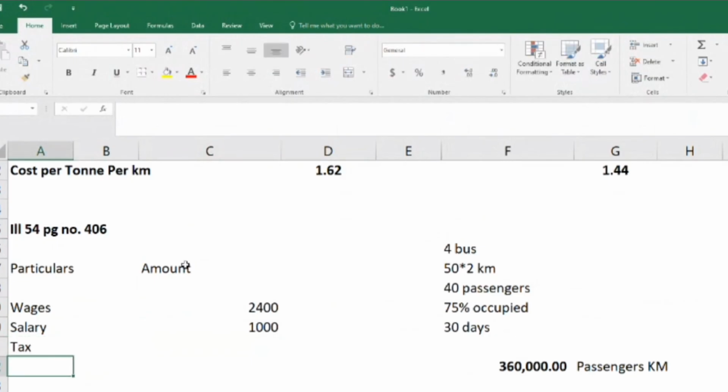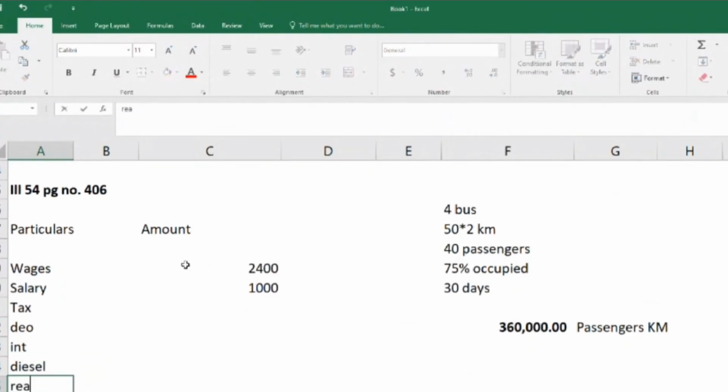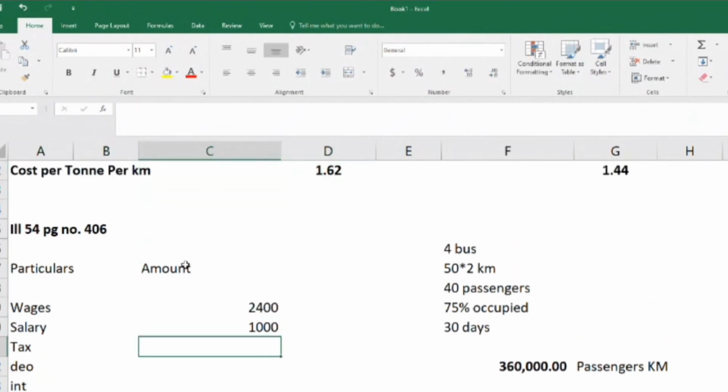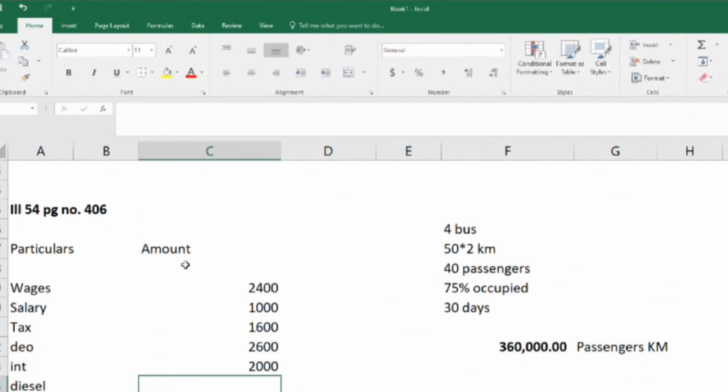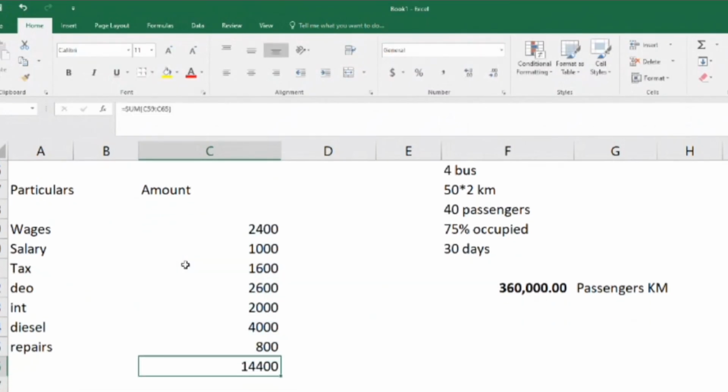Tax, depreciation, interest, diesel, repairs. Okay, so when we put all the amounts, 1,600, 2,600, 2,000 and 4,800. So total cost comes to